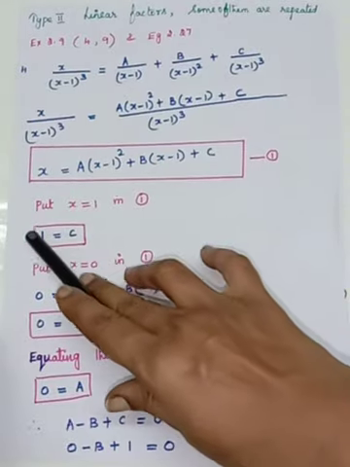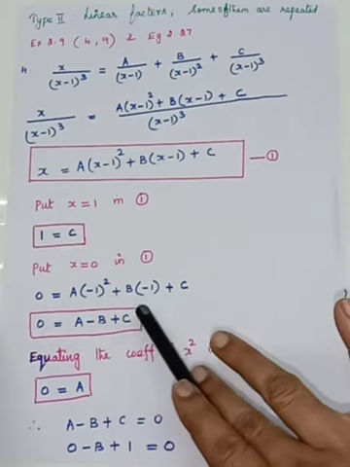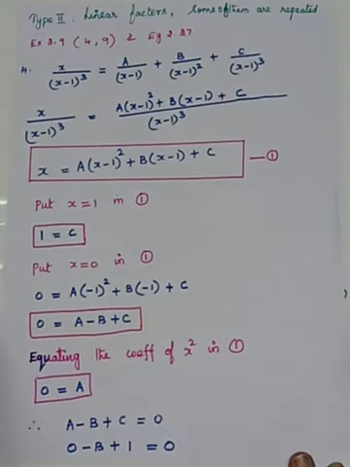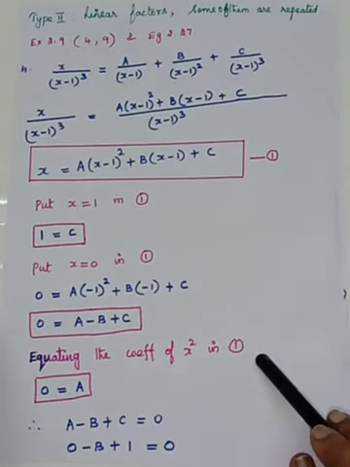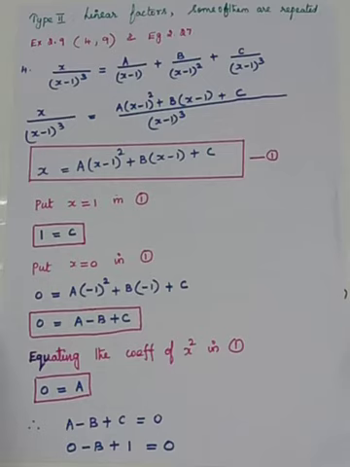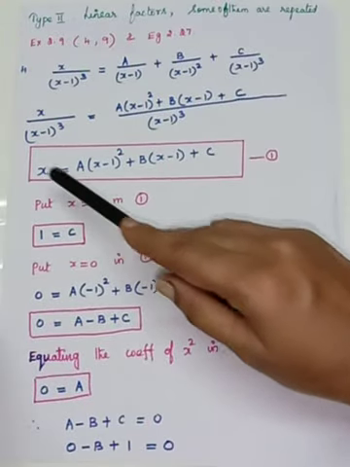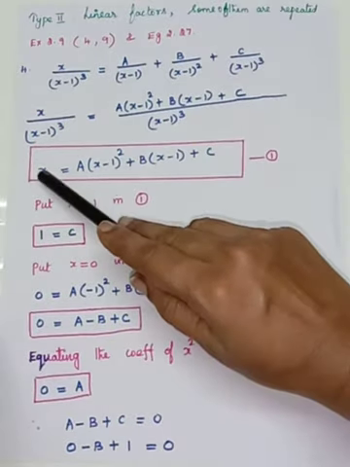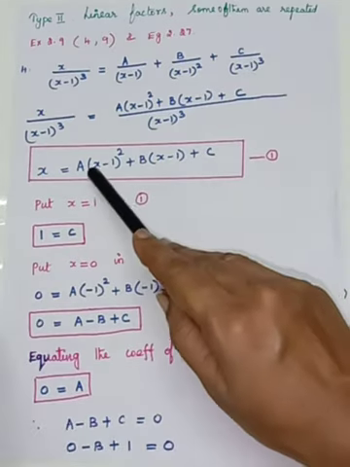But here you see we have found only the c value, and two terms are still there. So you just keep the equation as it is. Next, what are you going to do? Equate the coefficient of x squared in 1. On both sides we have to equate the coefficient of x squared, because the highest power of x is 2. So when you equate the coefficient of x squared, you will get some value. Here on the left side you are having only x, so which one has to be equated? x squared. There is no x squared on the left side, so its coefficient is 0. Okay, and come to here.